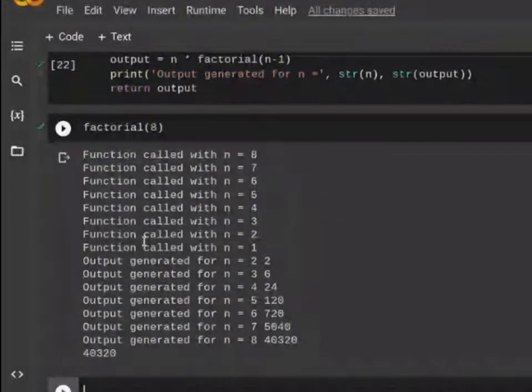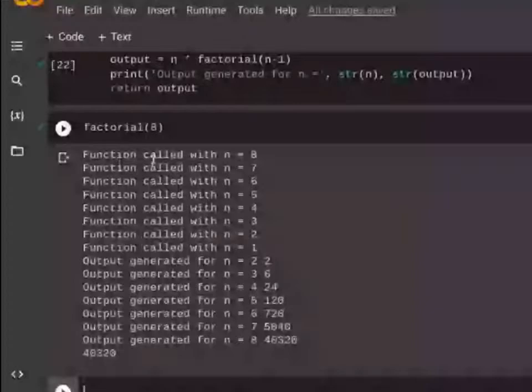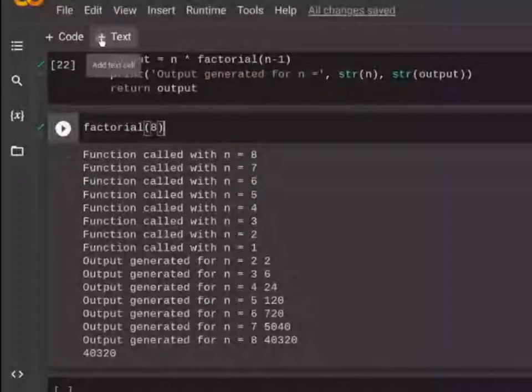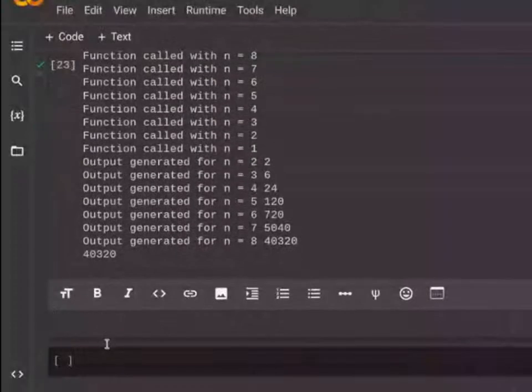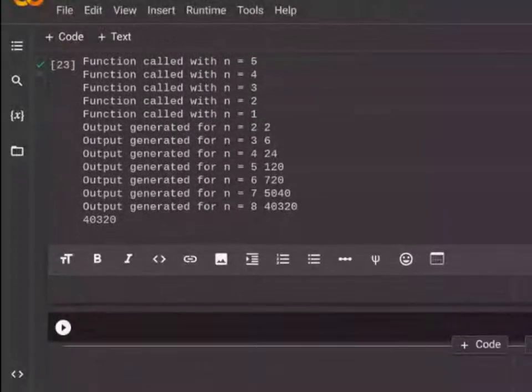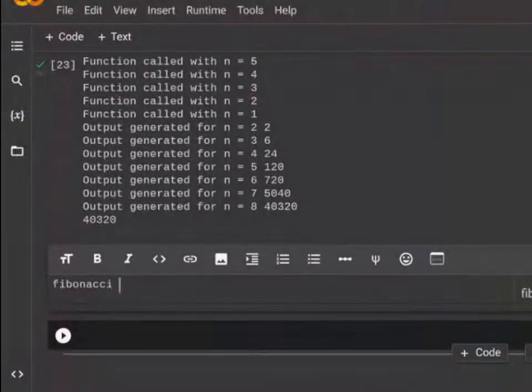No doubts? Okay, then I have a question for you guys. Write a recursive function for the Fibonacci series. So the Fibonacci series,